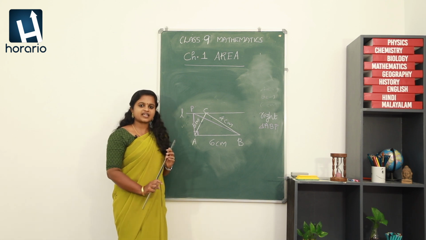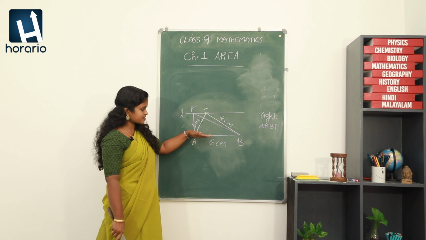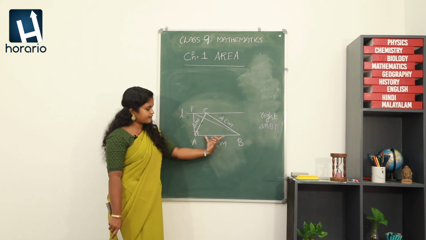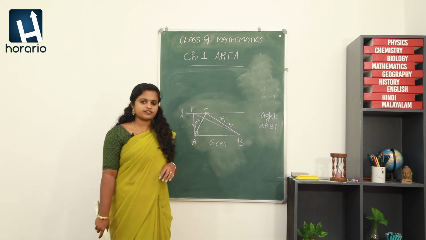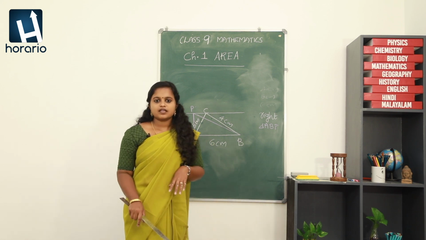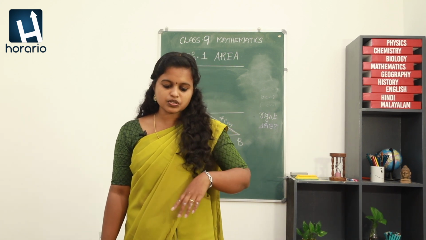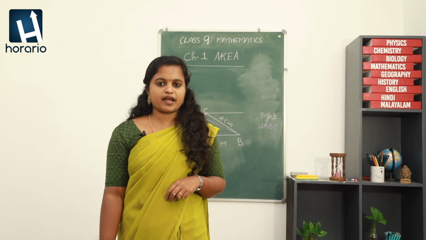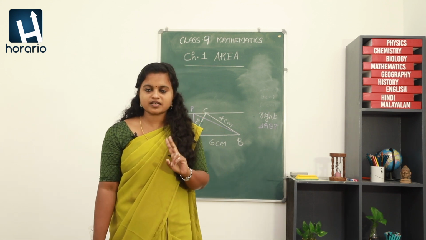Now is it having the same area as that of ABC? Yes, it is almost clear that it is lying between the same parallels and having the same base. So obviously it will have the same area as that of triangle ABC. So that is done, right? But the question is not completed. It is asked that we have to draw three different triangles. We drew only one triangle. So we have to construct two more.